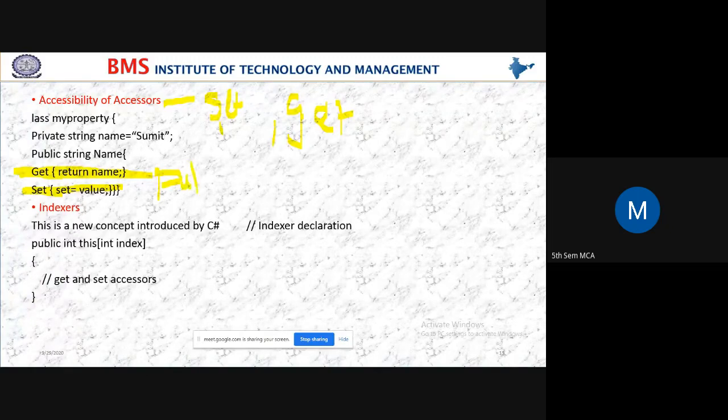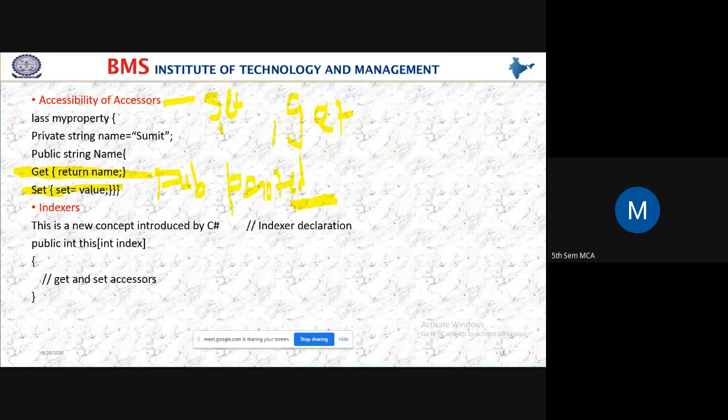And you can also access these set and get methods using the protected access modifier.